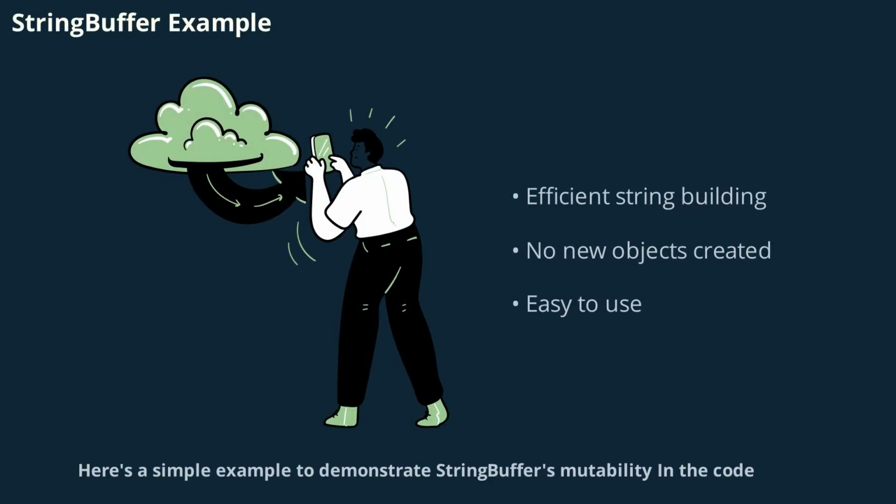Here's a simple example to demonstrate StringBuffer's mutability. In the code, we create a StringBuffer object and append several strings to it. Finally, we convert it to a regular String and print the result. This approach allows you to build complex strings efficiently without creating multiple intermediate objects, which is what would happen if